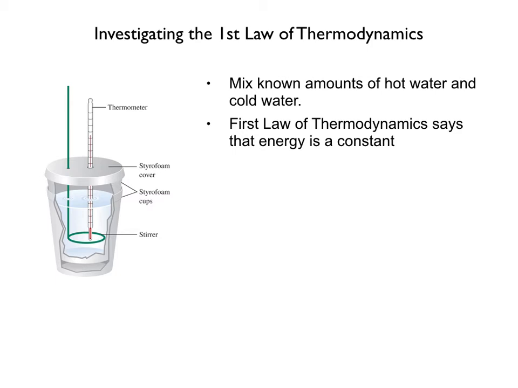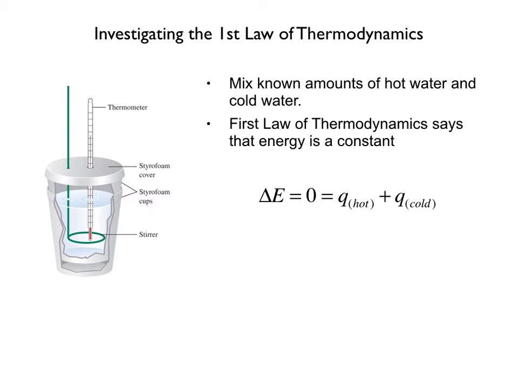In our calorimeter and in our simulator for this one, we're going to mix known amounts of hot water and cold water, where we know the initial temperature of both the hot and cold water and the mass of the hot and cold water. If we mix these in a calorimeter, according to the first law of thermodynamics, energy is a constant, so that means that the total energy change has to be 0,